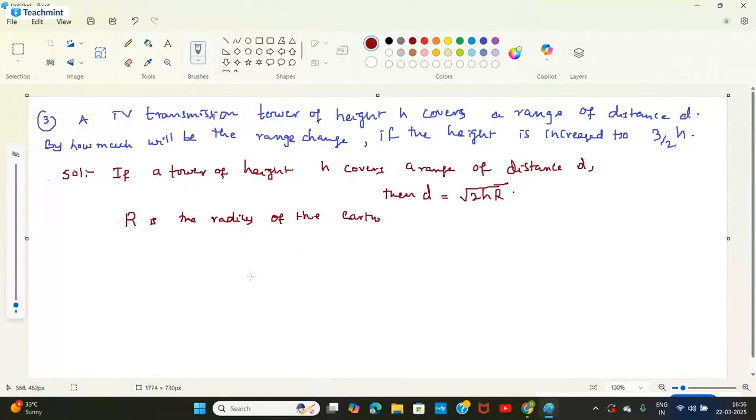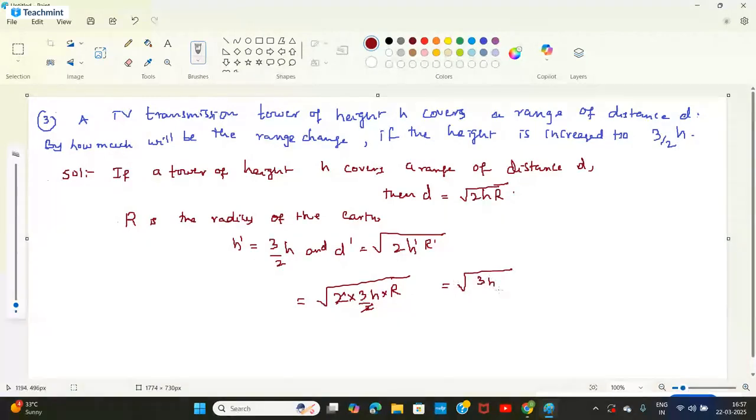So here when h dash is equals to the height is increased to how much? 3 by 2 h, and d dash is equals to under root of 2 into h dash into R dash, that is equal to under root of 2 into h dash means 3 by 2 h into R dash means R only, that is R, and this will be 2 gets cancelled, and this equals to under root of 3 into h into R,